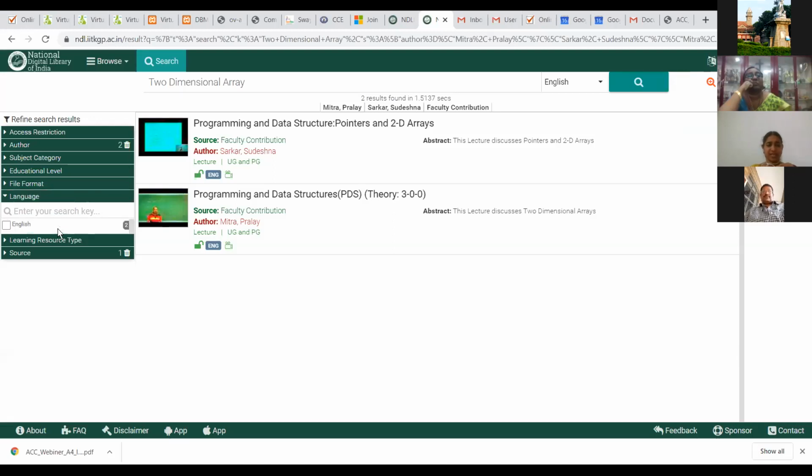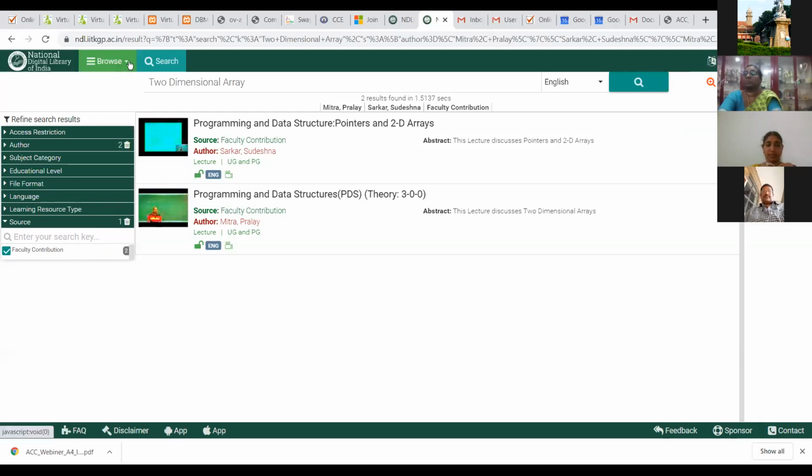Here it is given as English only, but actually in the other websites, minimum you are having 10 to 20 languages. And the learning resource type, whether it is video, audio, or material, and from where the source is, whether it is the faculty contribution, whether it is from the NIT, whether it is from IITs or MIT, who has contributed. Another important thing, if you see on the left hand side, the browse button here,